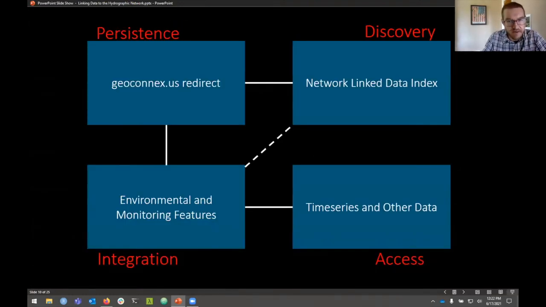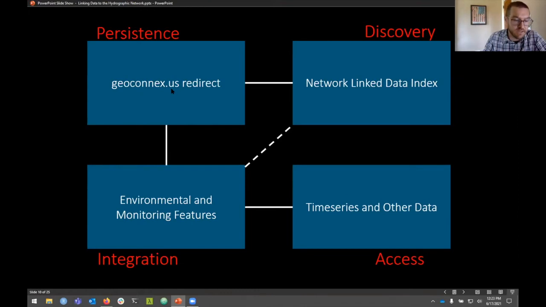But this diagram describes how the Network Linked Data Index exists in the context of different types of URLs or different types of web resources. A web resource is just something that can be retrieved from a URL, a uniform resource locator. There's a system that I'll talk a little bit more about later on, or we can get into in the question and answer time, called geoconnects.us, that's providing a service very much like the digital object identifier service, in that geoconnects.us provides a persistent URL that redirects from the geoconnects.us root domain to some other domain that it